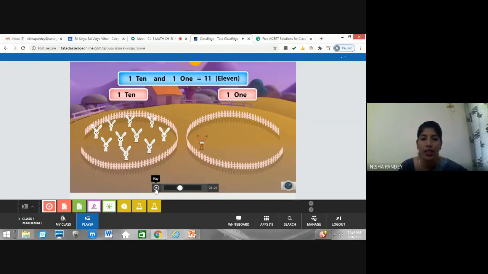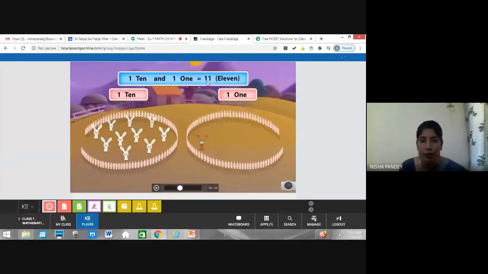So see, children, in this shelter, you can see 10 white rabbits. So they have made a bundle of 10. So they are representing it with 1 ten, right? And here only one brown rabbit is there, and that is a loose one, as we discussed yesterday. Any objects, if it is loose, and if it is not 10, we cannot make our bundle. So it is a loose one here, the single one here. So it will go in ones position. So here it is 1 1, right? You can see 11, it is 1 1. So this one is at tens position and this one is at ones position, right?